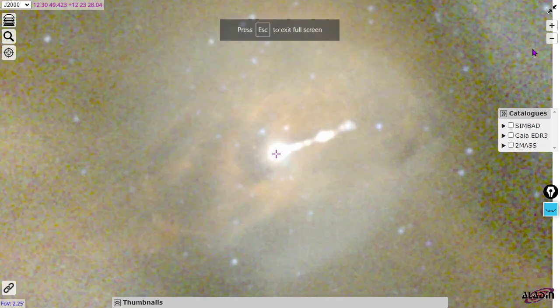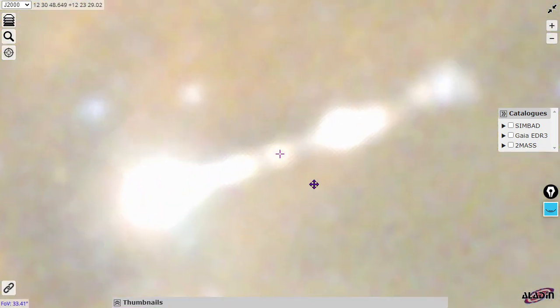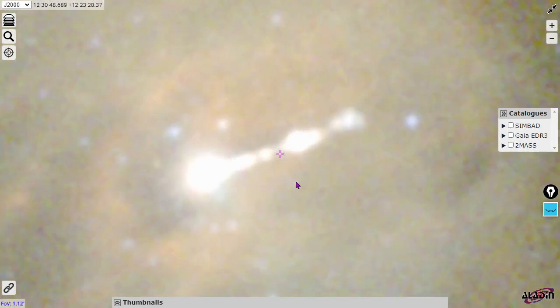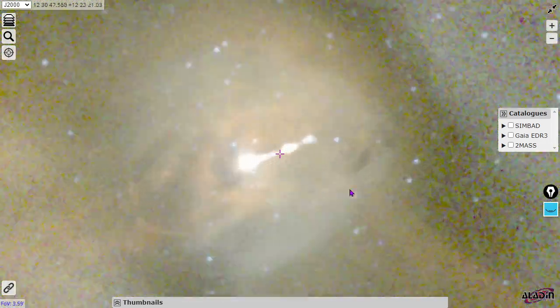Now, what's interesting about M87 is that there's a jet, a collimated jet of material. You can see it right here. And it's directed toward you, sort of. Not directly toward you, so it's a great opportunity to see the jet. And indeed, it looks like train cars, folks. So let's zoom way in. You can see the way it looks. It's connected by these narrow filaments, and then it's got these more expansive regions in the jet as it propagates out from galaxy M87. Now one of the most famous galaxies in the universe,